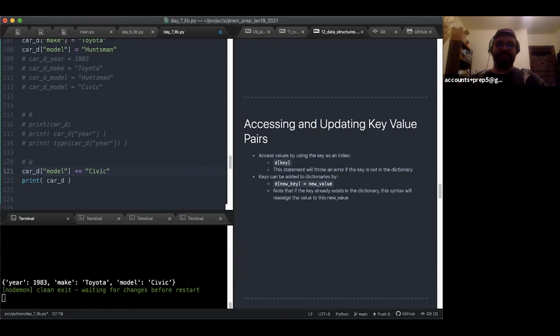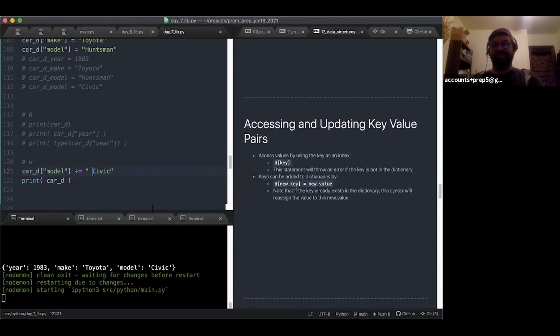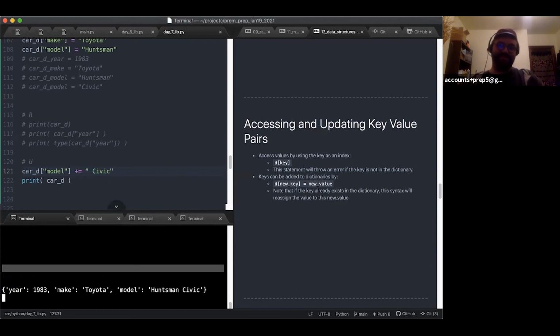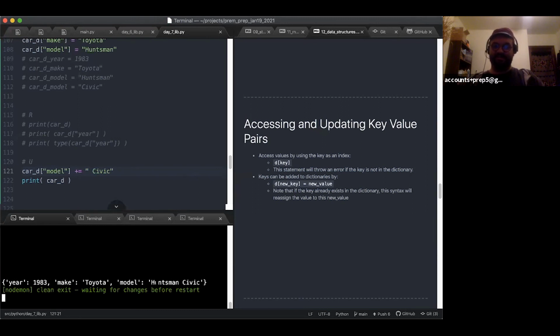We could say plus equals Civic, and then we have a 1983 Toyota Huntsman Civic. If this ever wants to run, yeah. So now it's Huntsman Civic. This is one string. Another thing I could do, I guess, if I wanted both models, we'll overwrite it with an empty list, and then we'll